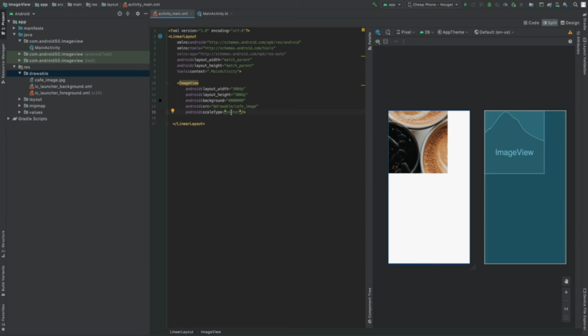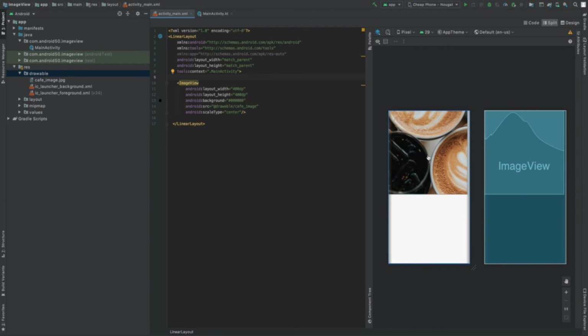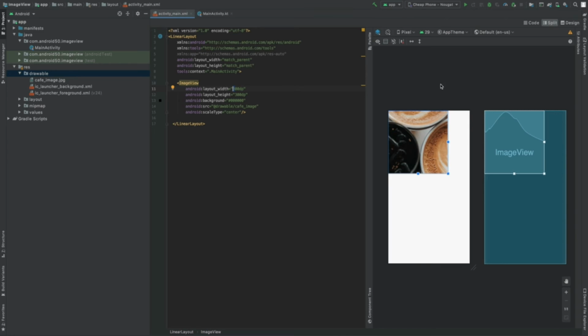When I put center, as you might notice, it centered our image without doing any resizing. If you put a small image in a big image view, it'll display the image right in the center. So let's say we do 400 by 400, we can see a bigger portion, but still the image is